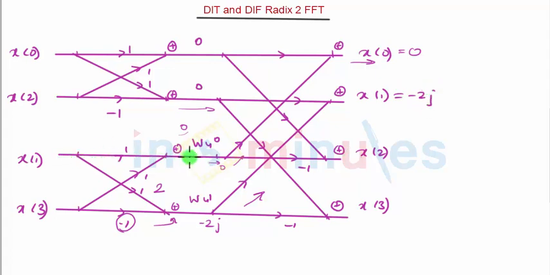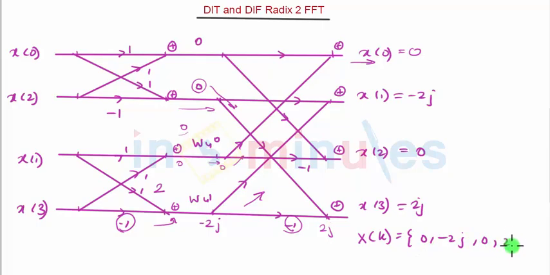For x of 2, here the value is 0 and again from the above side the value is 0. So 0 plus 0 is 0. And for x of 3, the value is -2j and again into -1, that comes out to be 2j, and from this side, that is x of 2 side, it is 0. So 2j plus 0 comes out to be 2j. And finally we find out the DFT, that is x of k, which is equal to 0, -2j, 0